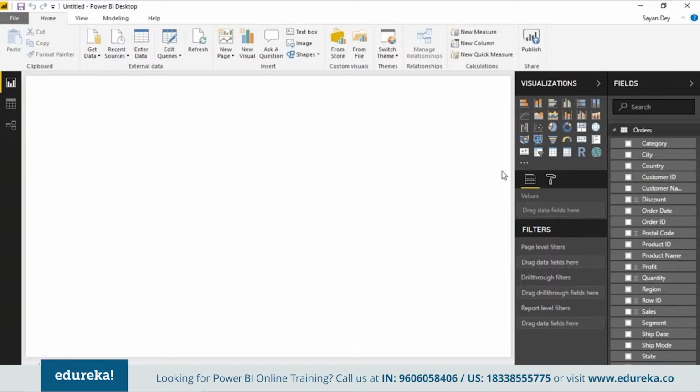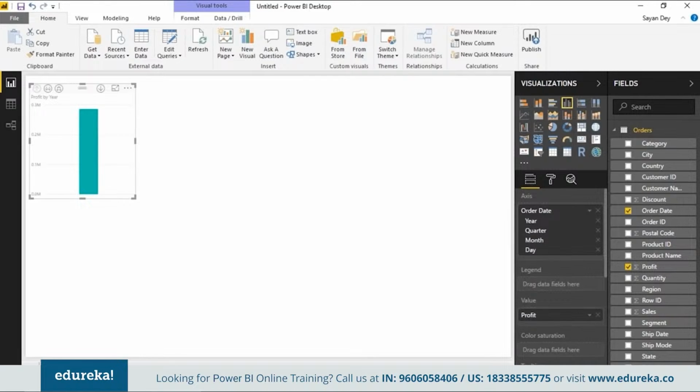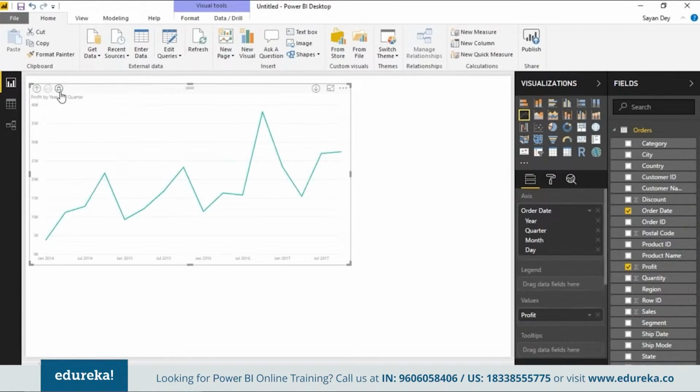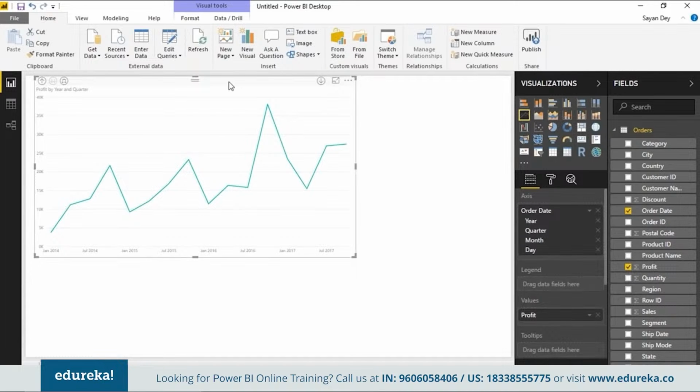So remember the example of that fund manager, where the fund manager wants to see how much profit he has got based on every day. You can see how easily, just with 3 clicks, he can generate a very, very nice line chart. And you can see how easily we can build dashboards in Power BI, and how powerful it is as a self-service BI tool.